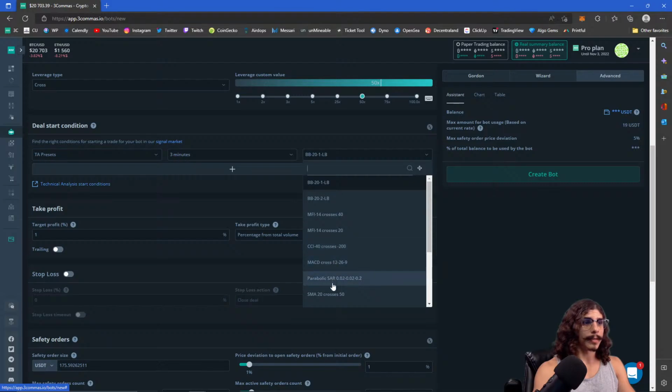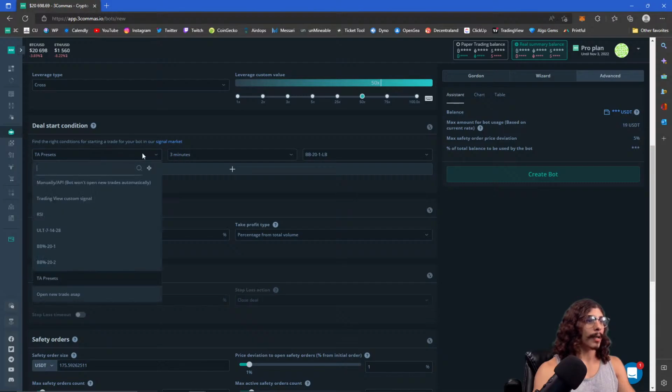Cool, so there's a bunch of different options here. Ooh, MACD cross, that's nice. SMA 20 crosses 50. So there's a bunch of different options here. Spot options are going to be different than futures options. So we'll just go ahead and use if RSI is, okay,